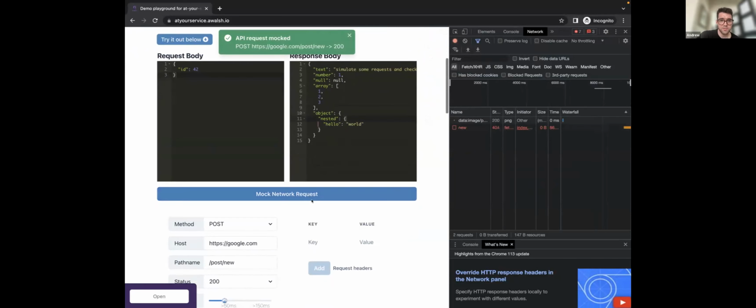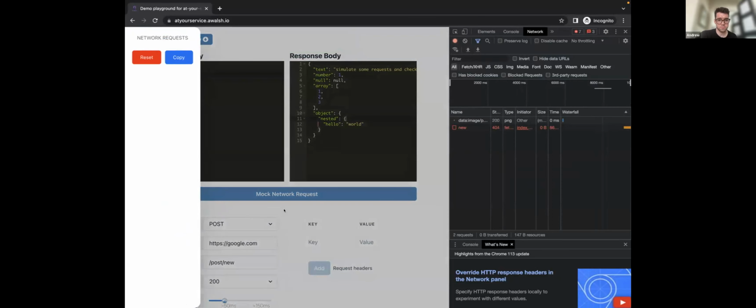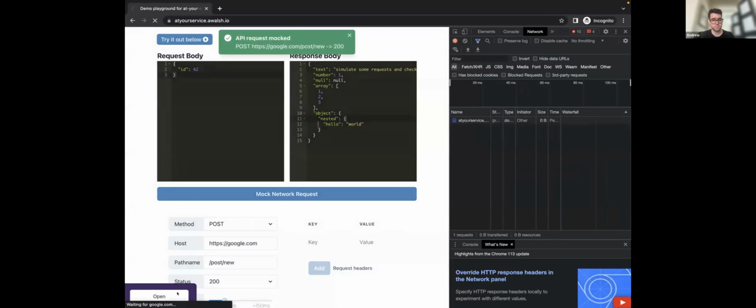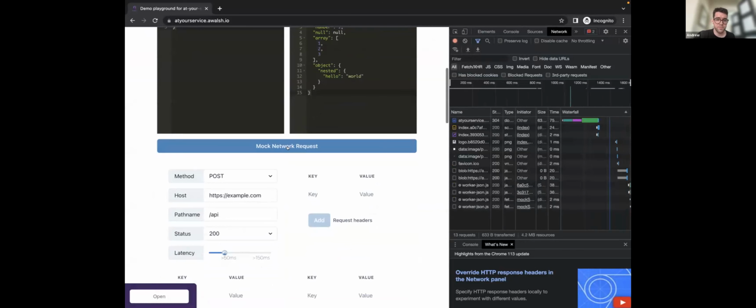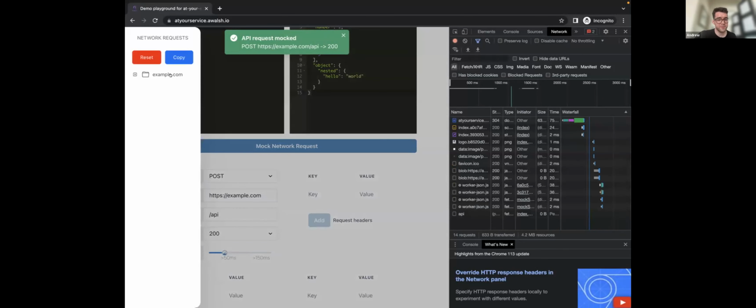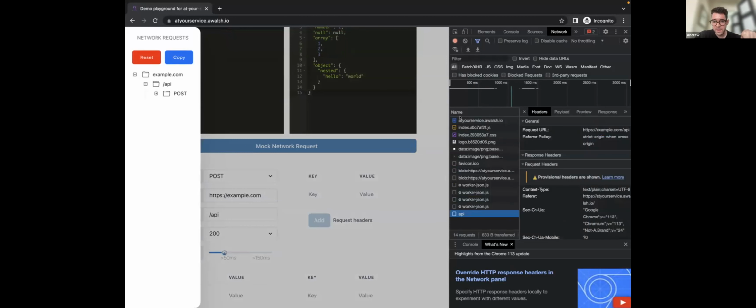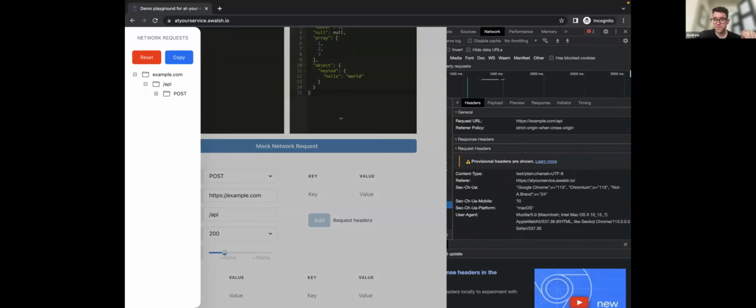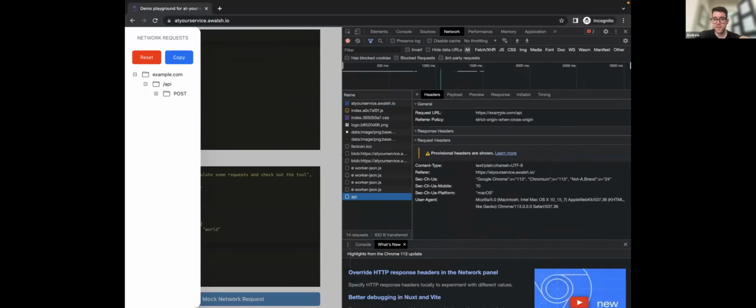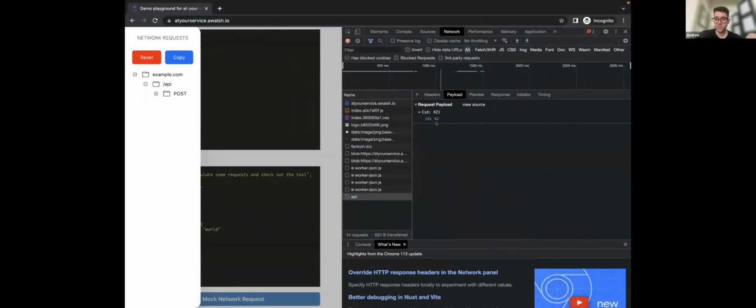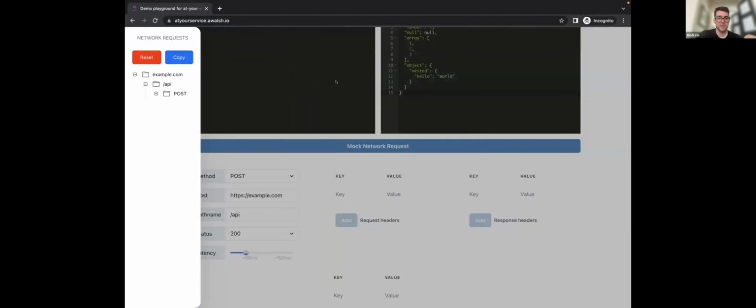If I mock this JSON response, then I will see live demo problems. I will see, okay, so I've got the default one here. I've got example.com here, and here is my mocked response. So I've got this request that has been spoofed to example API. The payload obviously was the request that I sent, and the response that I get back from that, if I have a look at this,